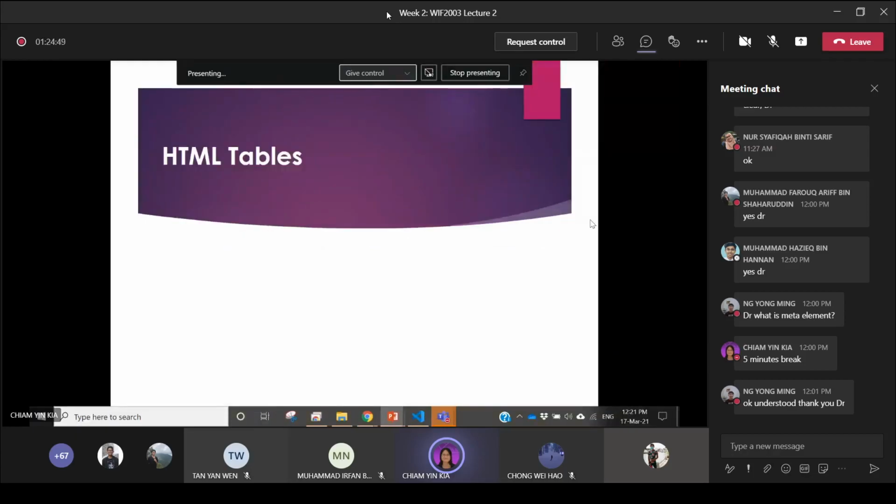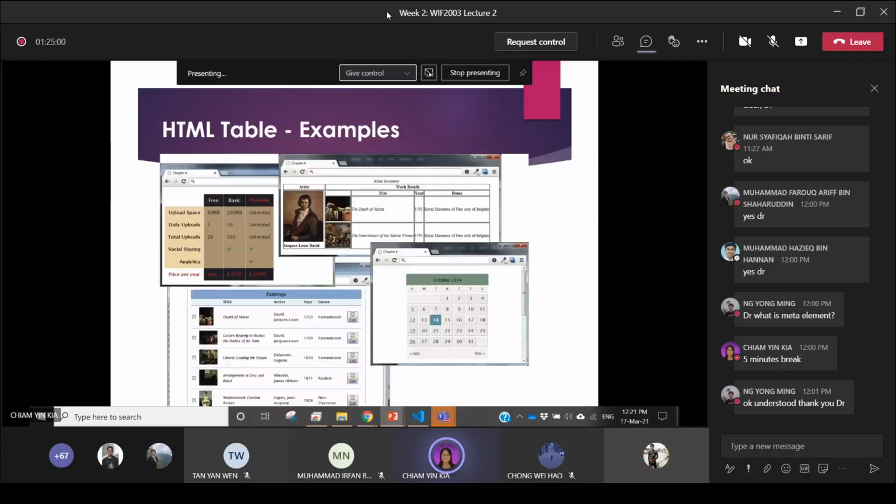So the next thing that you can do, one of the important things, is tables. A lot of times when we retrieve data from a database, we will display it in table format. So tables actually have a lot of features. Sometimes we do buildings or we want to show a comparison, we also use a table. When we have some information, we want to show an image gallery or